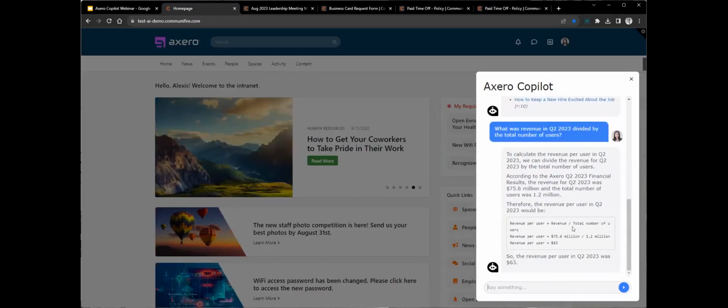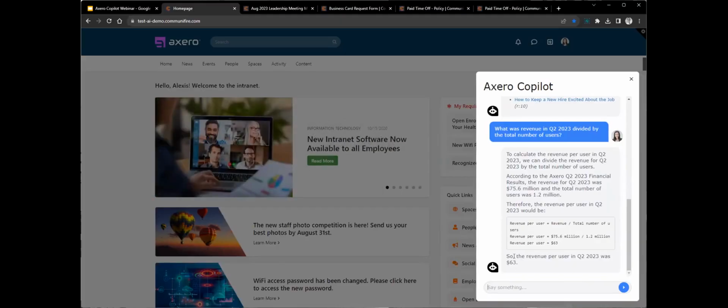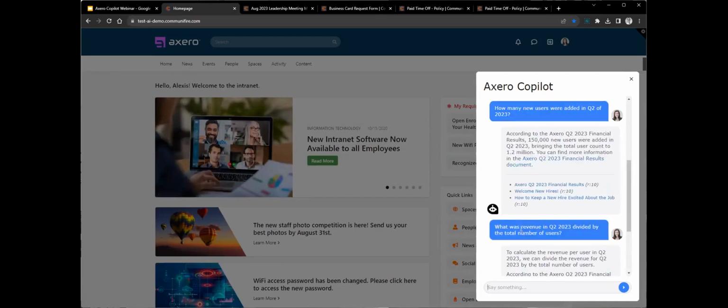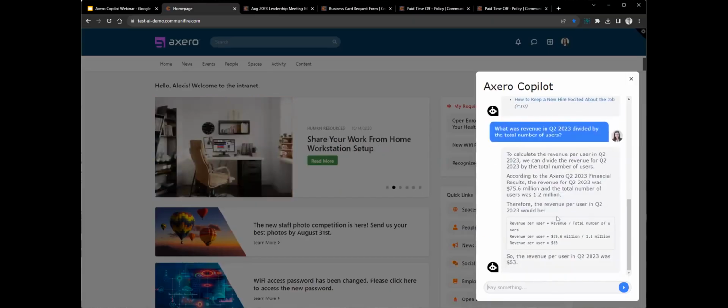So this is using Copilot to do calculations, to synthesize information, to actually explore new information based on the information it does know, in a way that wouldn't be possible elsewhere on the site. This number, $63 per user, does not exist anywhere on the site. It is only possible for Copilot to know that by doing the math that it's done here. Again, a pretty simplistic question, revenue per user, but hopefully your mind is going to places like,